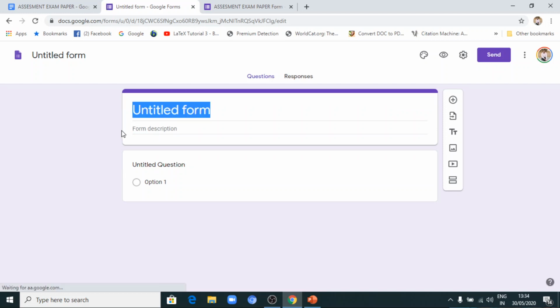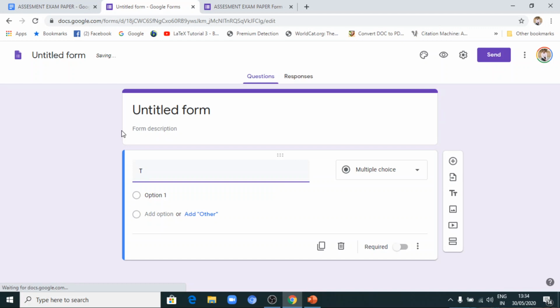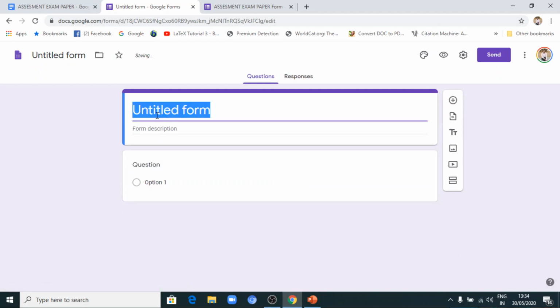For example, dummy examination. You can give the description of the college, address, etc. So I have given the name dummy examination for this. So how can we import this? This is the second option. See, the first option is add question, the second option is import question.